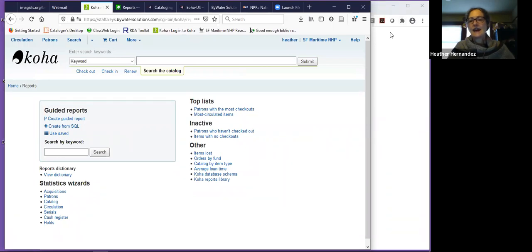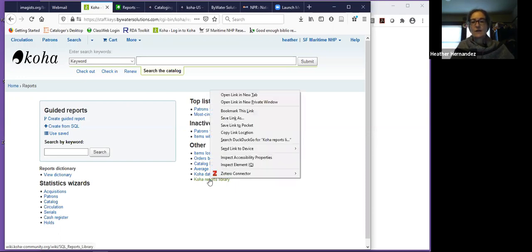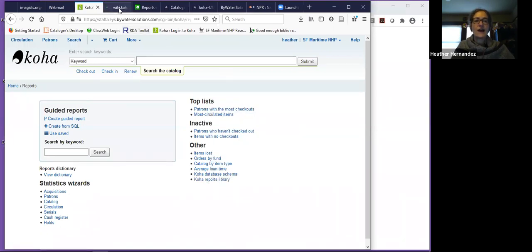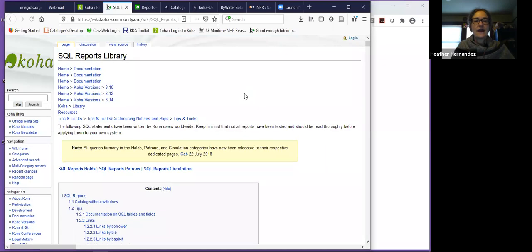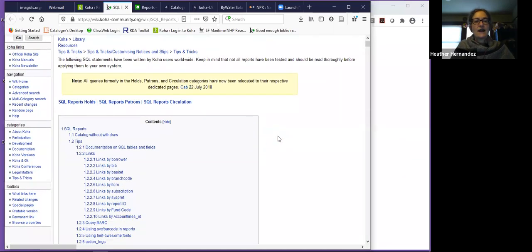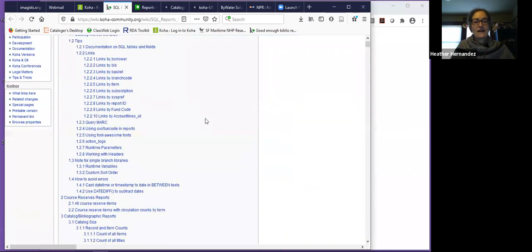And some resources that I find useful on this, just starting right at the staff client for reports that folks might not realize is that there is a link to the very, very helpful Koha Wiki Reports library right here. And it only says Koha Reports Library, but when you open it up, it's the wiki with reports organized by